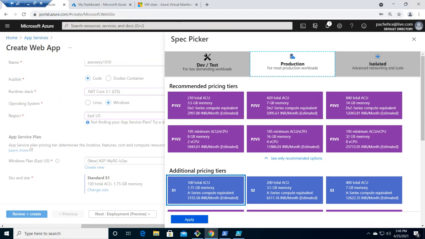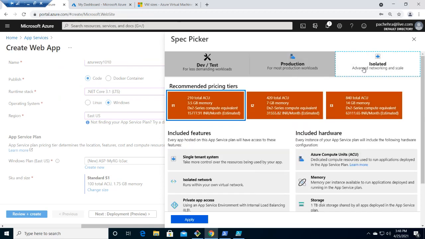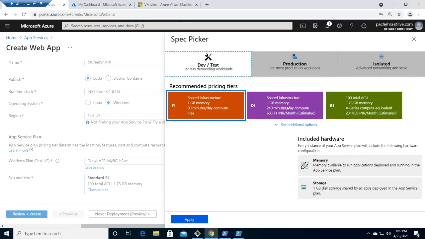It's not like for one app service you need a single plan. You can have multiple app services on a single plan. If it's dedicated, then only your app services are running on that virtual machine. But if you go with the isolated, which is highly recommended for security purposes, for compliance purposes, as the name says, these Azure VMs are completely isolated to run your app services. Let me put it this way, it provides network isolation on top of compute isolation to your apps. Okay, so for our testing purpose, it's fine.